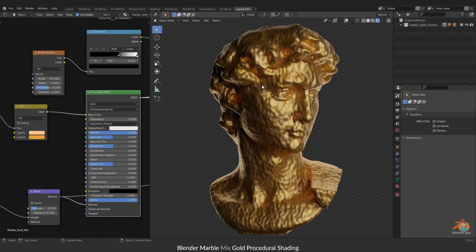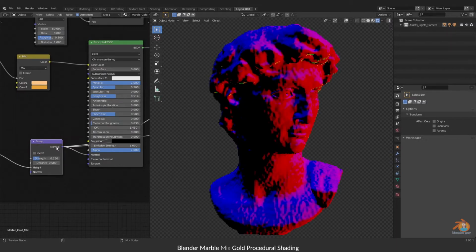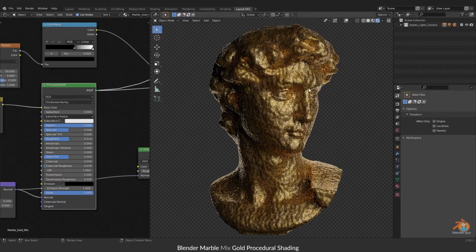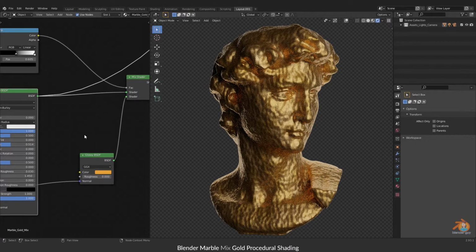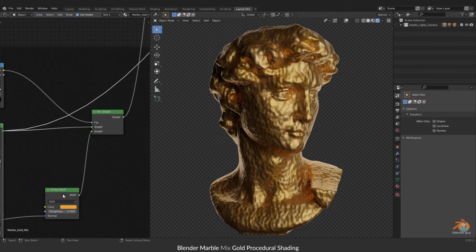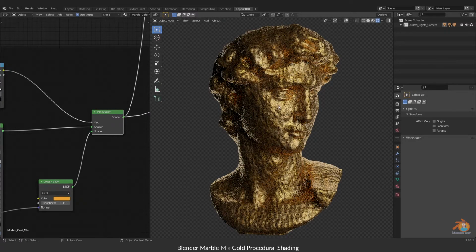So I've given a huge bump here. This is the noise. Again, in the same way, I want this glossy, and I mixed both. There will be a sheen on it.